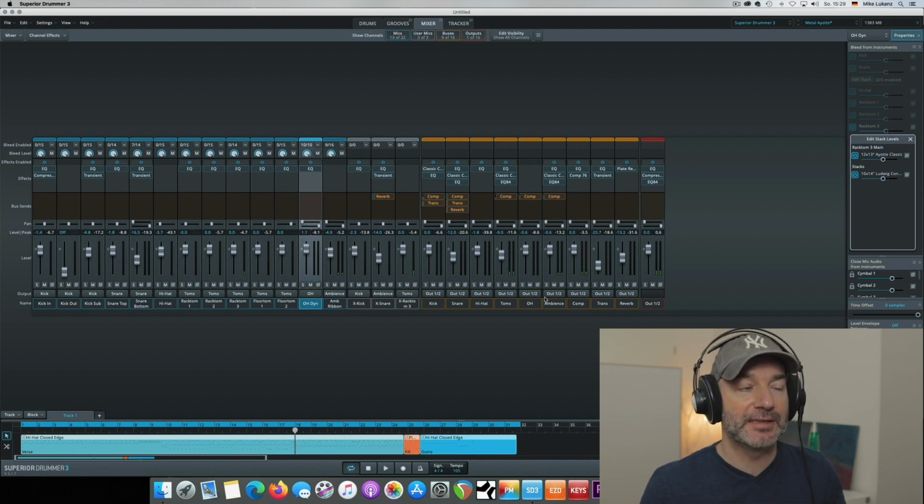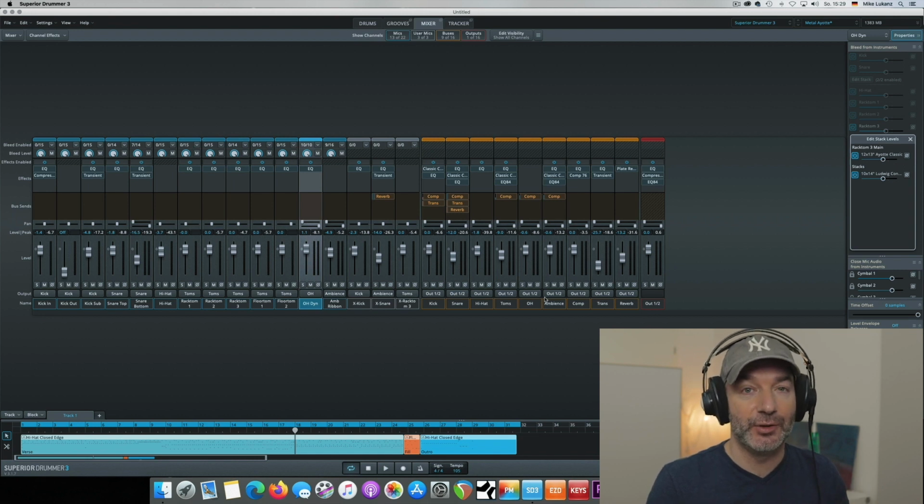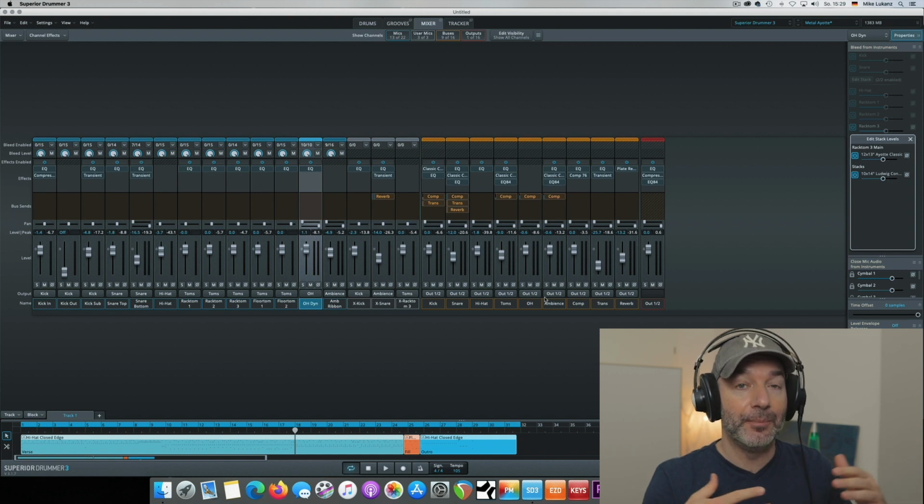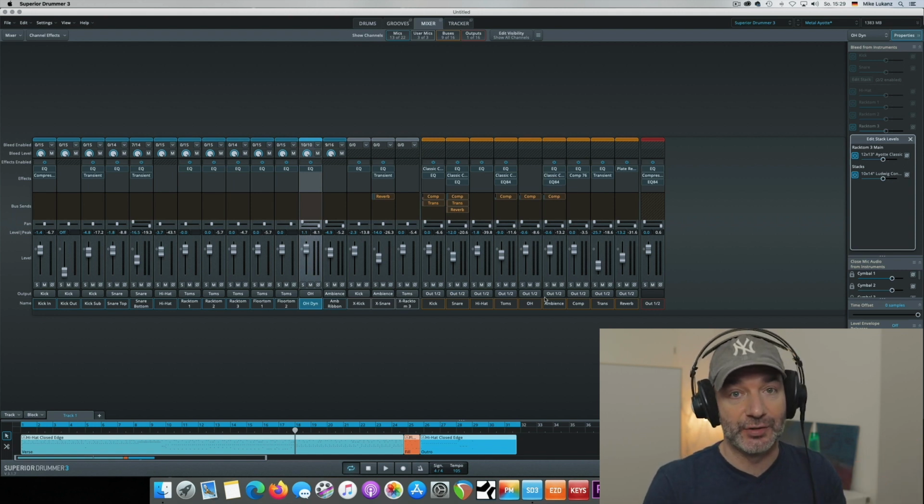So now for me, it sounds, at least volume-wise and processing-wise, exactly the same. Now, of course, you can start to tweak. You can say, okay, I want to bring down the tail of this added instrument as well. But this is the first thing you need to do, to have the same routing and mixing of the new stacked instrument. So in the next video, I'm going to show you, because this is a different game really,